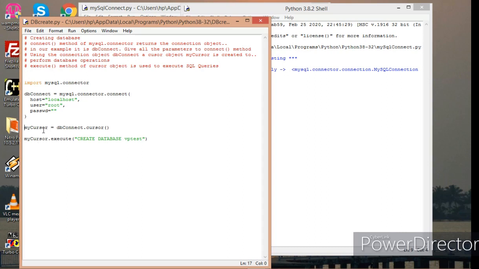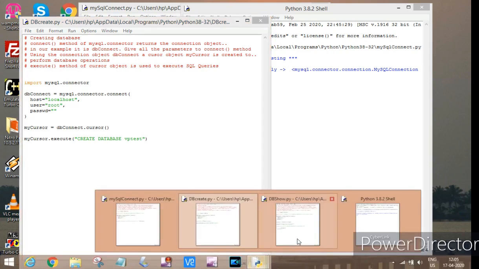So you can just look at this particular mycursor, which is the cursor object, and I am using here this execute method of cursor object to execute SQL queries. So here I am creating a database VP test. I am not executing this program because I have already created this VP test, and I will show you that particular database in the listing, which is the next program.